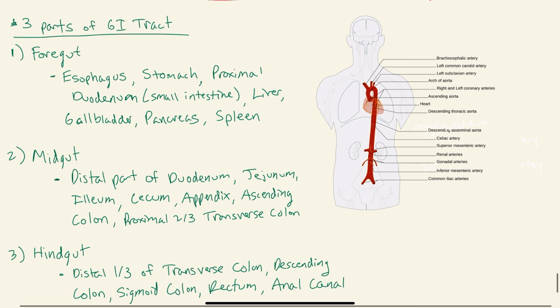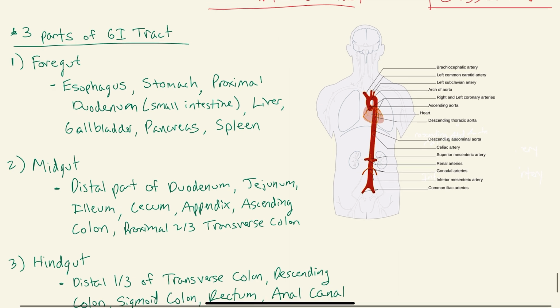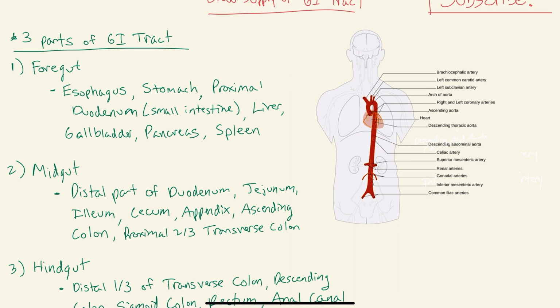So it's three parts of the GI tract that we break down here, and we make it nice and easy for us because these three parts are going to be supplied by three different arteries that we're going to talk about here. For the foregut, this is going to be supplied by the celiac trunk. If you look on our model over here, this here is the celiac trunk. Celiac artery, they say. And the celiac trunk or celiac artery is going to branch into three different smaller arteries, which is going to be the